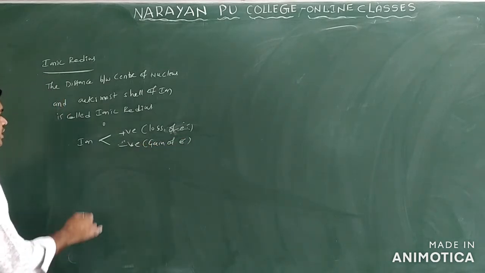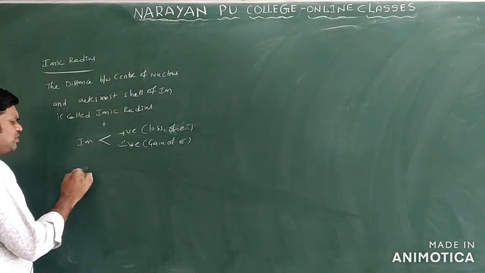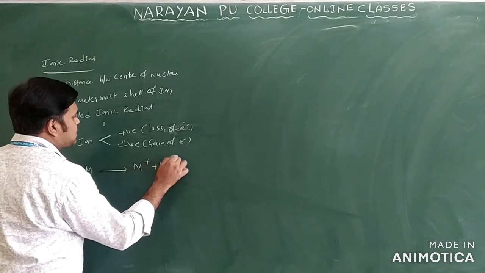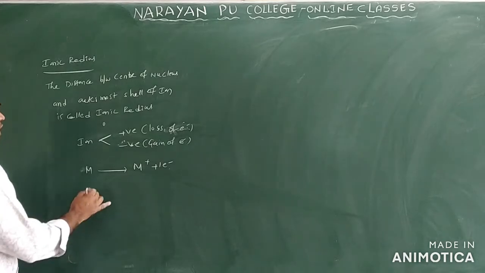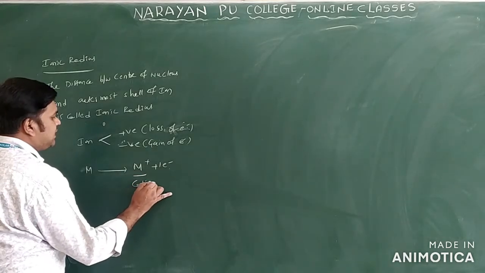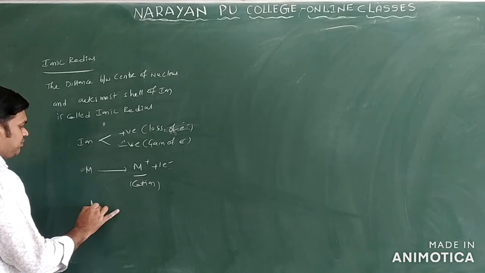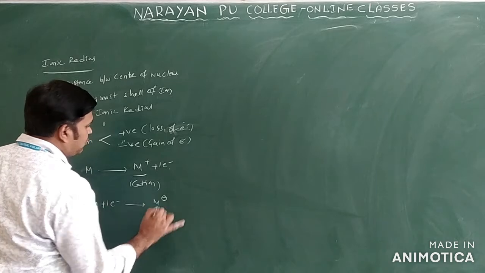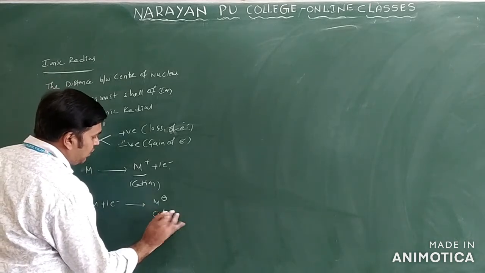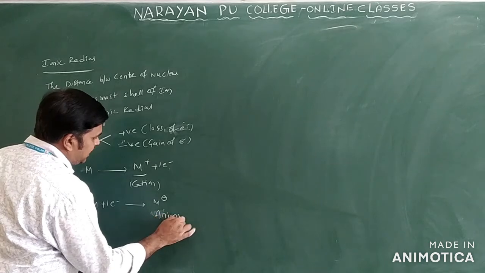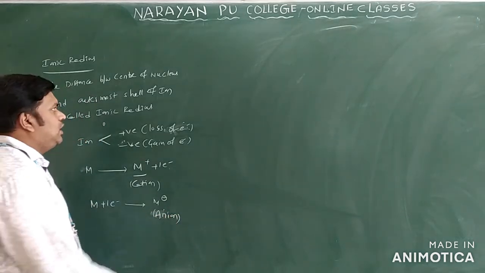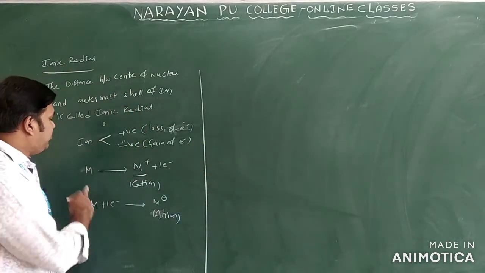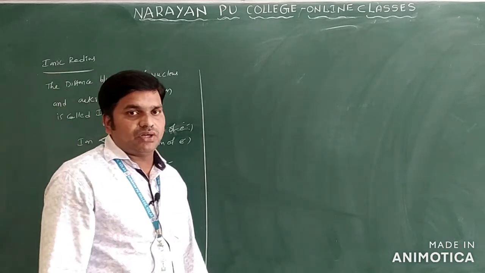You know this one. Suppose I want to take a metal. A metal gives rise to M plus by loss of an electron. This M plus we call a cation. If I take M and it gains 1 electron, it is converted into M minus. What is the charge? Minus. This we call an anion. So here mainly we can compare the sizes of cation and anion, and this M we call a neutral atom.